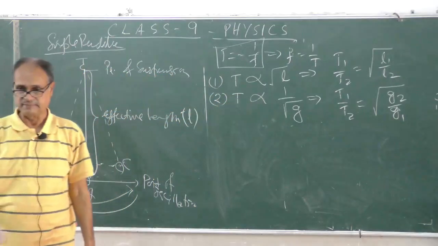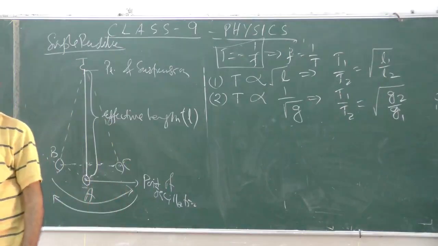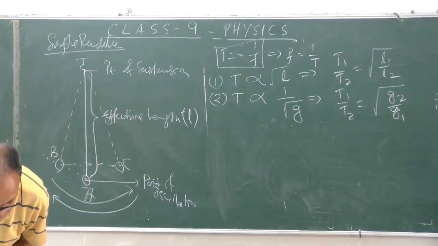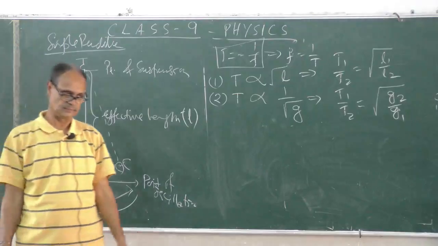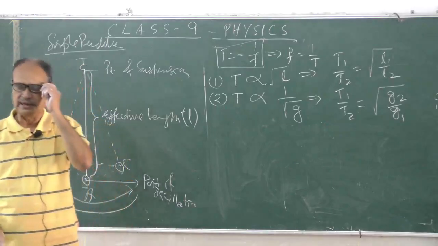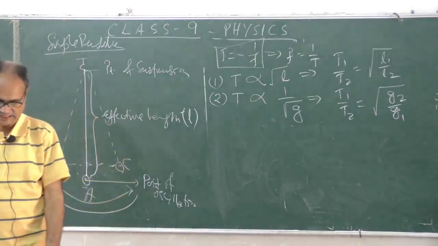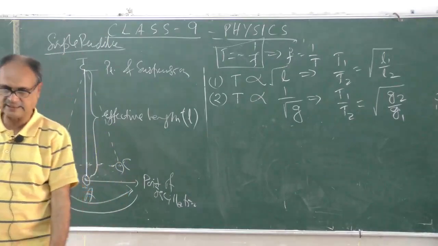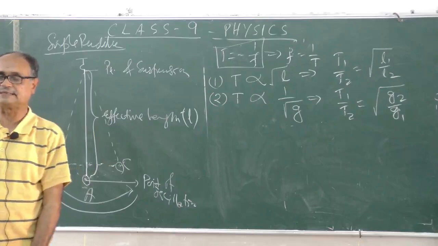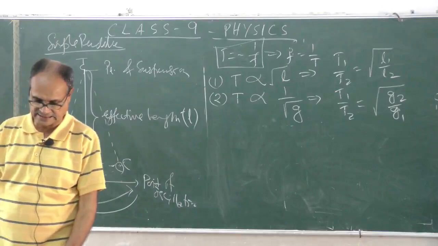as the length value is increasing, see here, I read from the table itself, it starts with the L value as 25 centimeter, then increases to 36 centimeter, 49 centimeter, means 5 square, 6 square, 7 square, 8 square, 9 square, in that order. Six readings are taken, and it reaches up to 100 centimeter. For the respective value of t, you count the number of swings, 20 swings, in a period of time. That is, t by 20 will give you the time period. So every time period is also increasing.